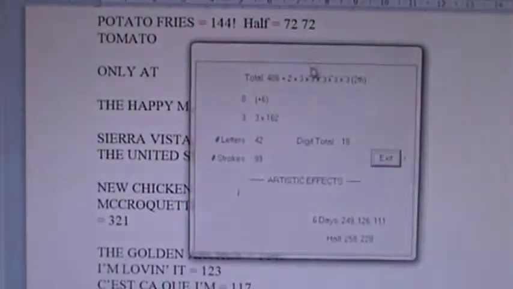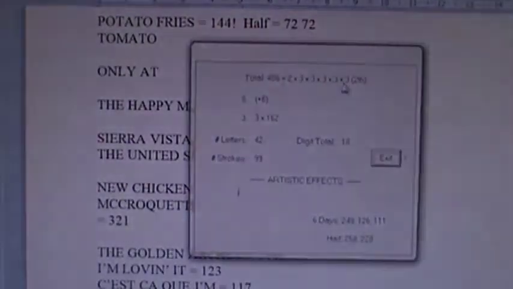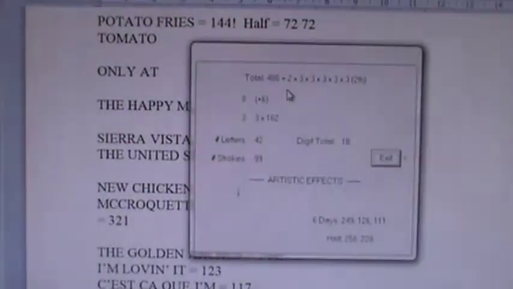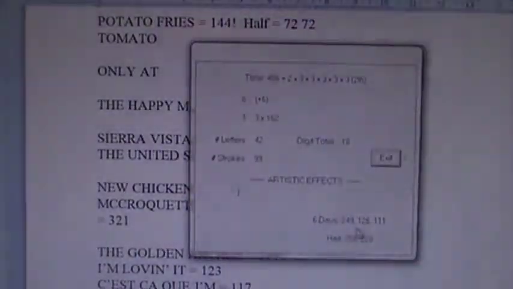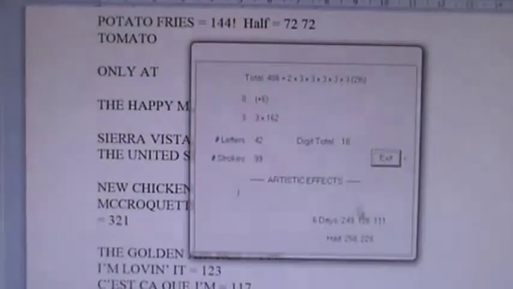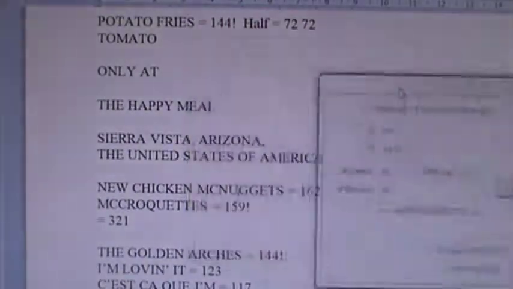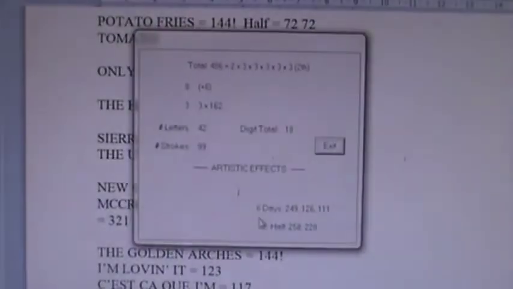We have not one 3 times 3 times 3 times 3 times 3, but 2 of them. Woo! In the 6 days of creation pattern interwoven, now you are just entering into the intelligence of God. Same God that created the universe in 6 days, and according to a pattern of day 1 to day 4, day 2 completed on day 5, day 3 completed on day 6, ordained Sierra Vista, Arizona, the United States of America,